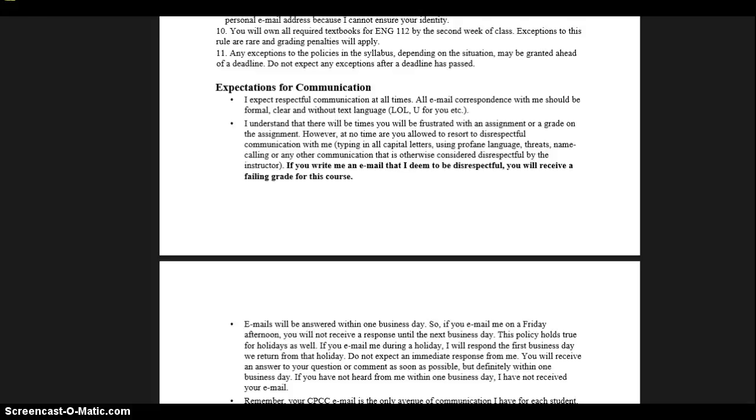So just keep that in mind. Hopefully that will not happen. I've been very fortunate that I haven't had that happen, but I have had colleagues that I've run into it, and I just want to cut it off at the pass. So be aware that I am going to respect you, and therefore I am going to expect respect from you